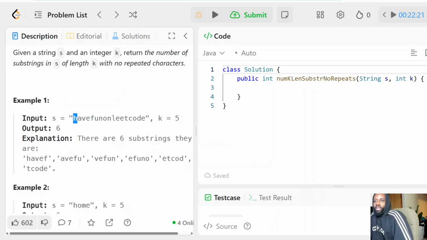Okay, we expand, we add H, we add A, we add V. Let's say this was an A. How could we tell if we have seen this before? So it looks like we're gonna need to keep track of some metadata about our window, to quickly have reference to the characters that we currently have in our window. And once we have that, as we're expanding, if we encounter a character that we've already seen before, say this was A, then we pretty much shrink the window